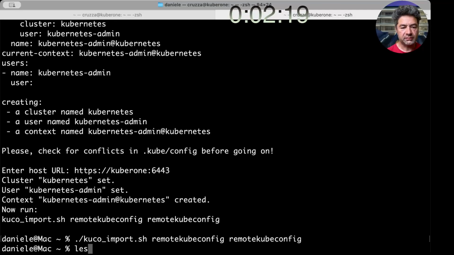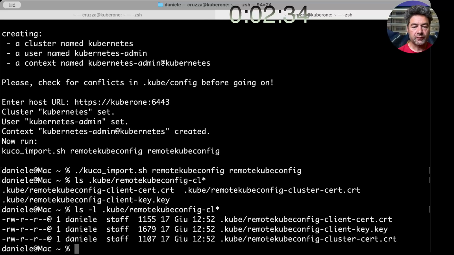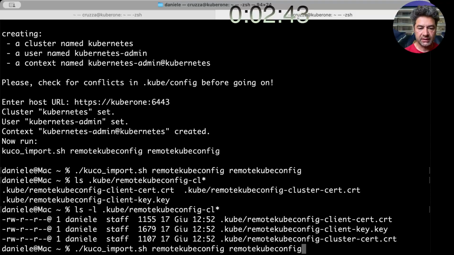Let's see. So these files can be referred to inside the kubeconfig. The kubeconfig is already updated by the extract,